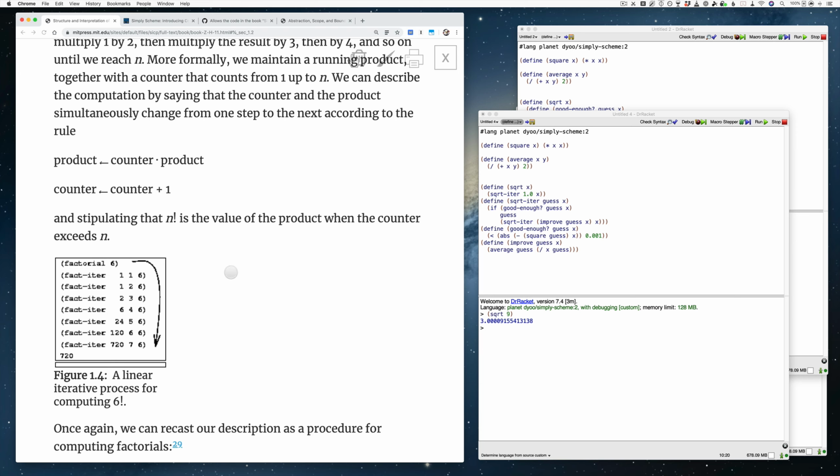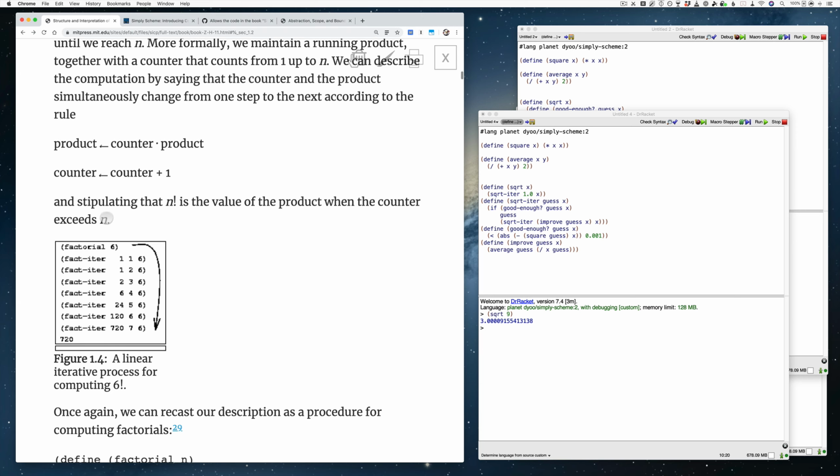And the way to think about it: this is counter, this is product, and counter times product, we multiply these two, and that produces the next product. So we group these two, and then,